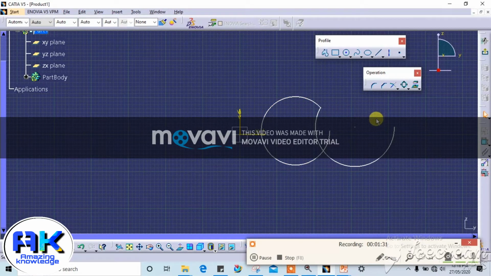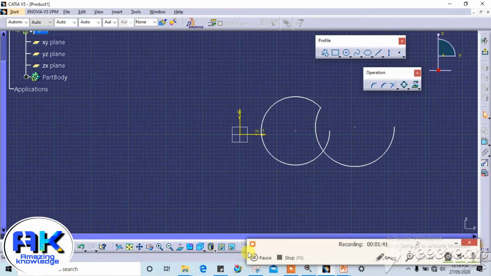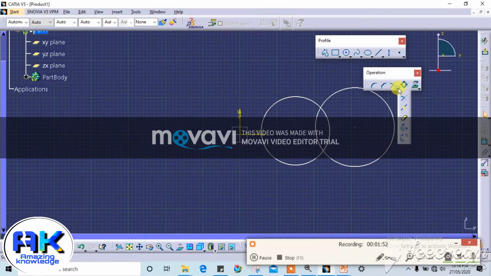By using quick trim, we only trim the selected portion like this.